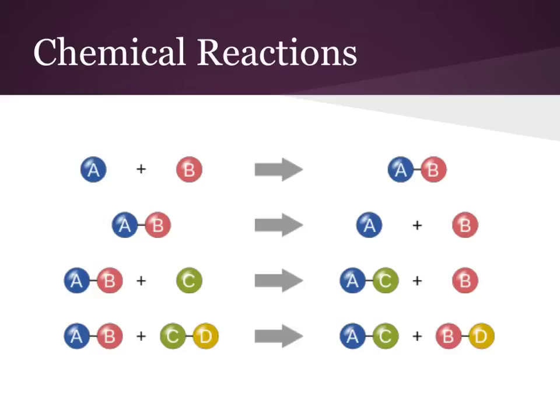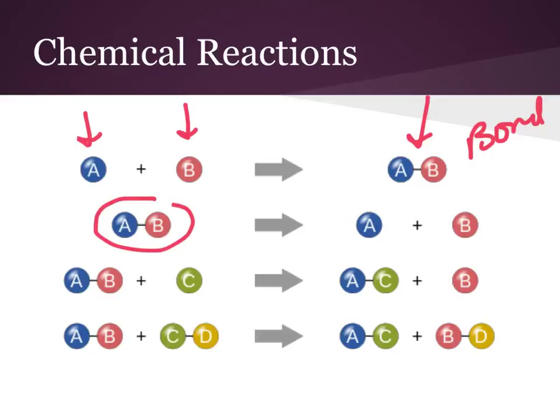example, substance A and substance B, and we smash them together and they form some kind of chemical bond. Okay, we've made a bond. Or we take chemical AB and we heat it up or give it some energy and we break that bond so that we have chemical A and chemical B. So what we've seen here is a chemical reaction is anything where we make a bond, anything where